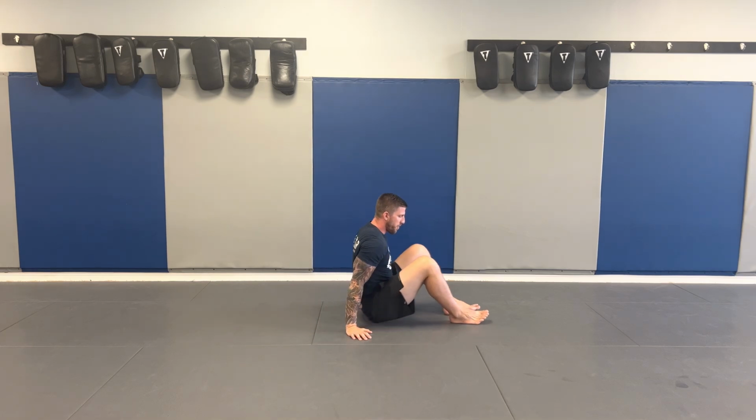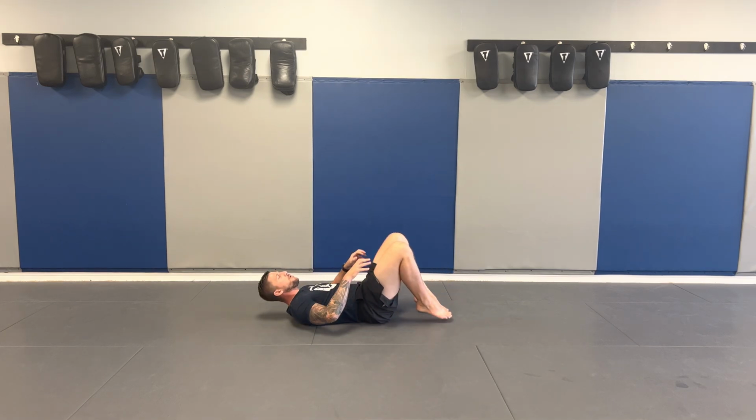Next exercise is called our hollow body series. You'll hear this referred to as dead bug, hollow body crunch, or a few other things, but they all have progressions and regressions of each other. So first and foremost, what we're going to look to do is get into our base position, which is the